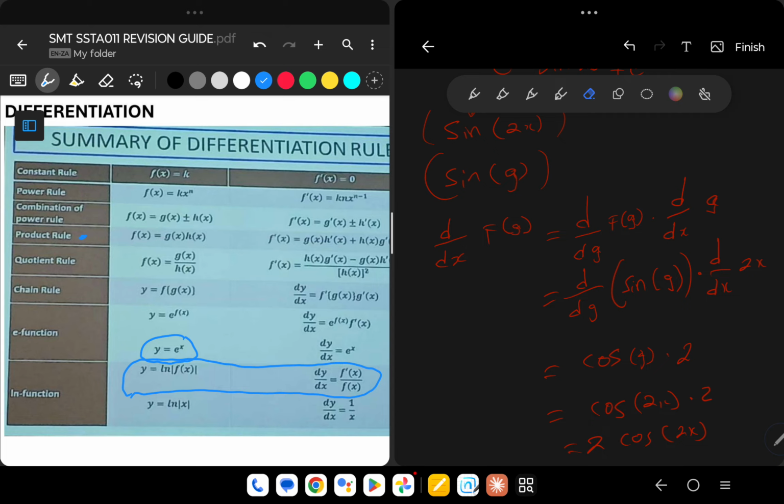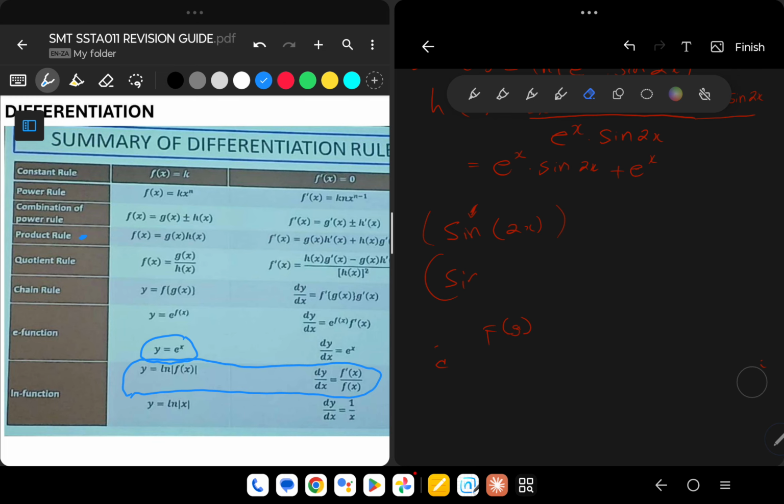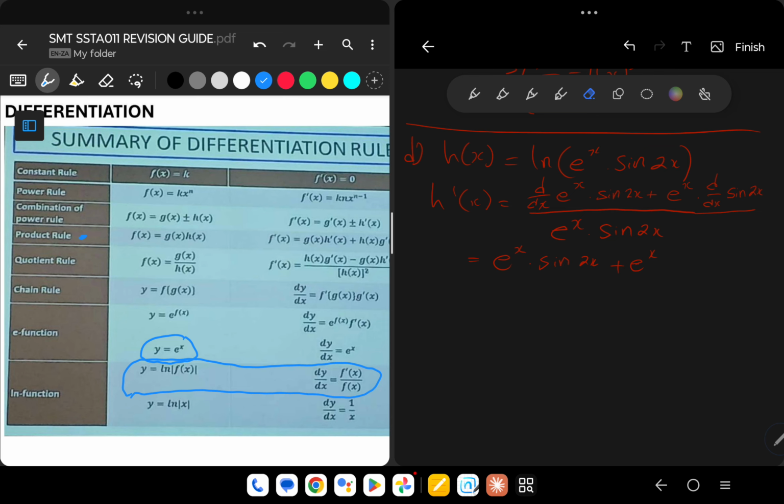So we go back and continue with what we were doing up there. We found the derivative of sine 2x. You don't have to do your work in there. You just have to show it here. Okay, that the d/dx of sine 2x is 2 cos 2x, and then you divide by your e^x times sine